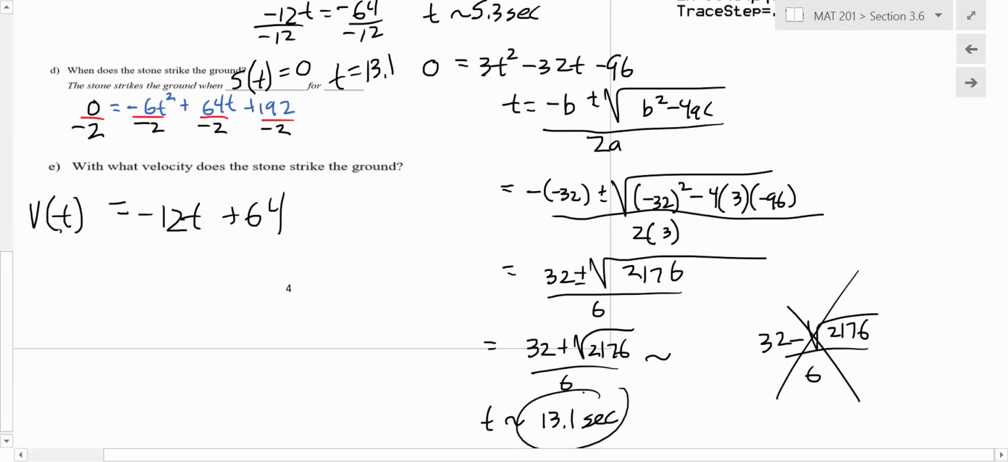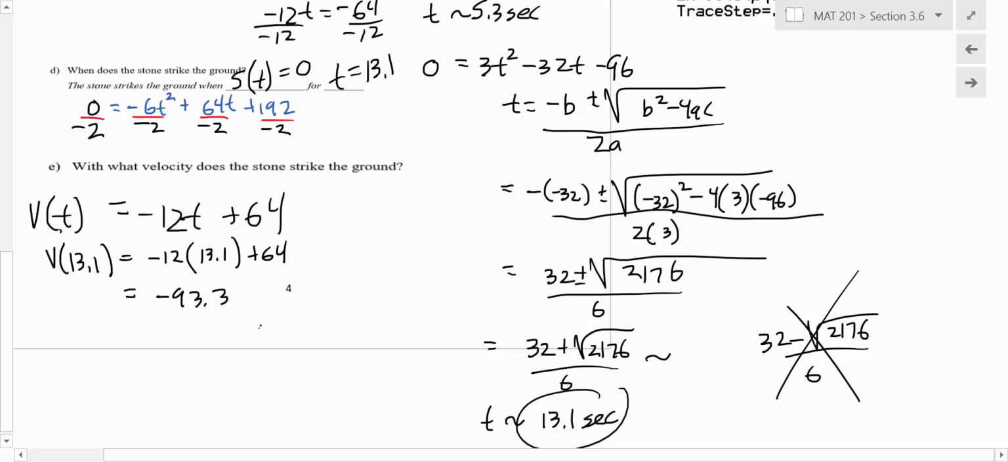At 13.1 seconds, what we're really going to do is v of 13.1. So we're just going to calculate that out: negative 12 times 13.1 plus 64. That will give about negative 93 or something like that, is what I had here. Let me make sure I got that. So I got 13.1 plus 64, so yeah, that's negative